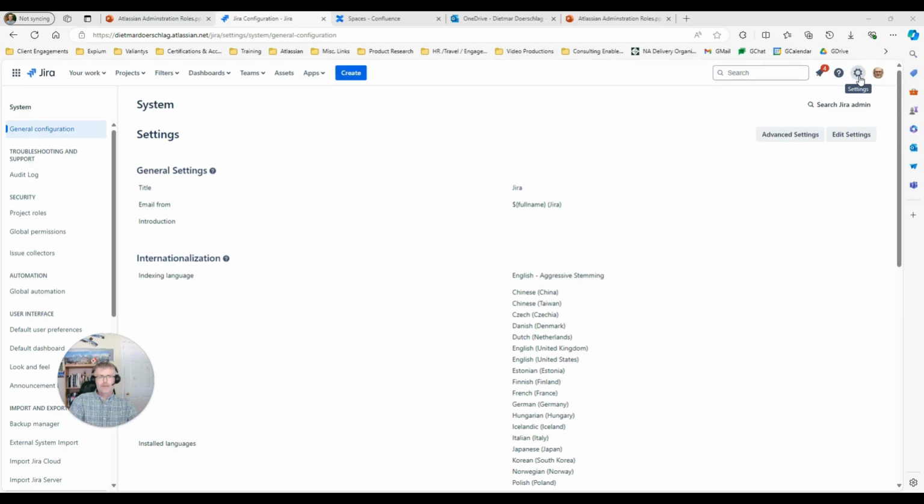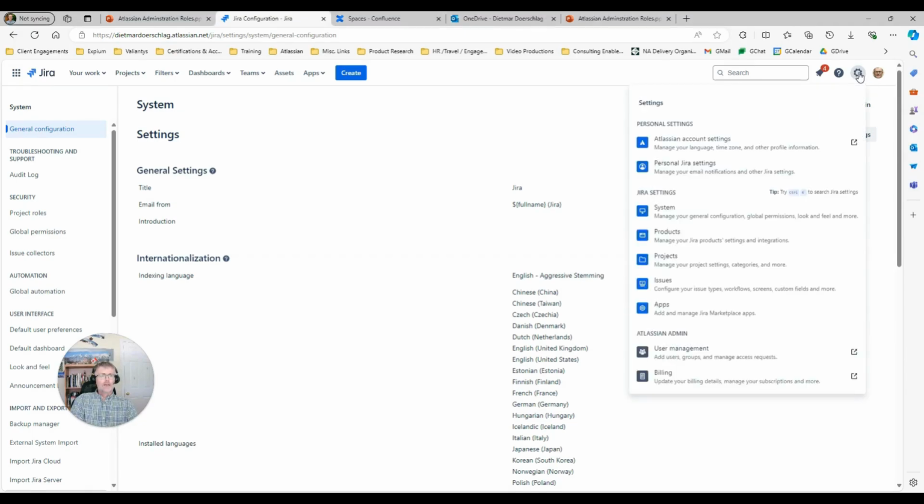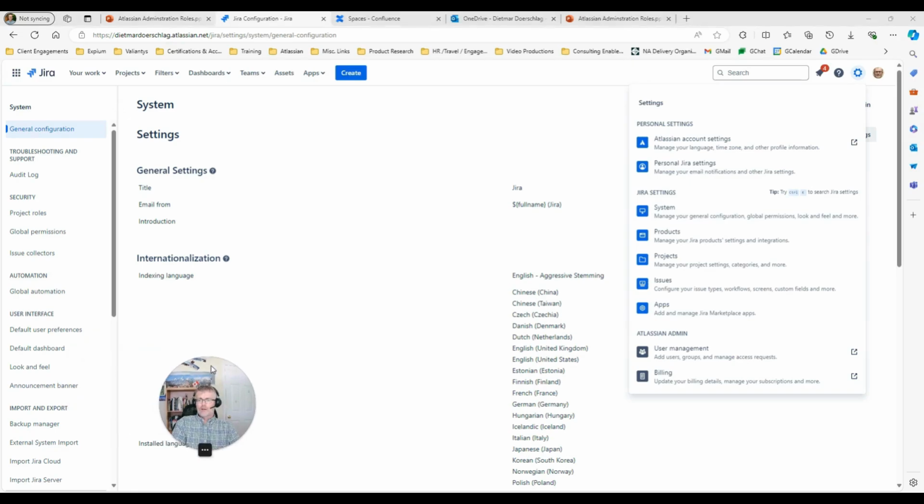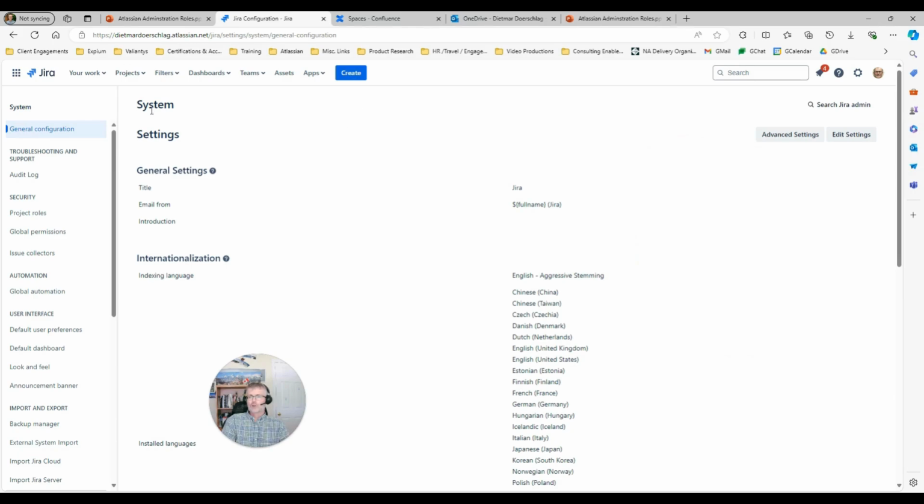So let's specifically talk through what a Jira admin does. From the top right, I'm navigating into the settings cog, and I would go down to global settings, the system settings. The Jira admin is responsible to maintain certain global-wide system settings. What are they and why are they so important?